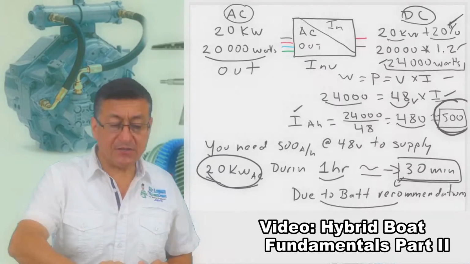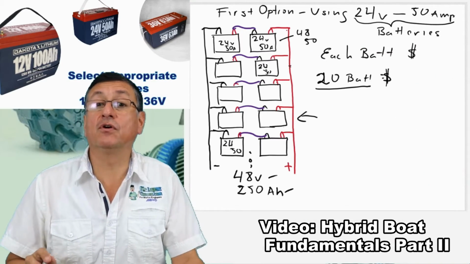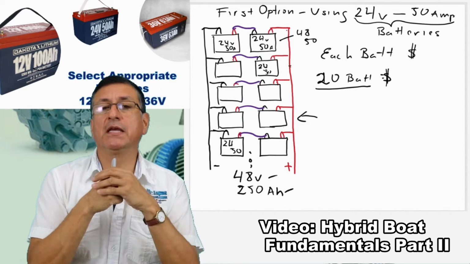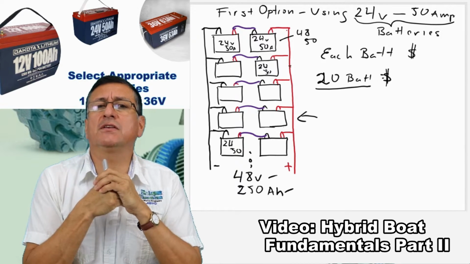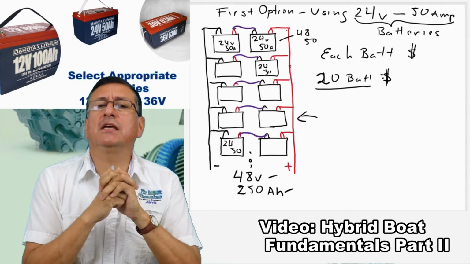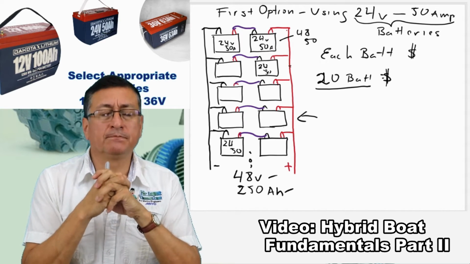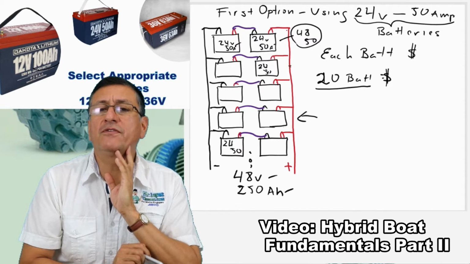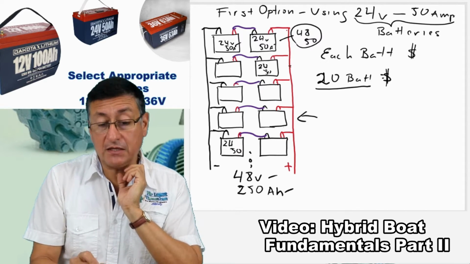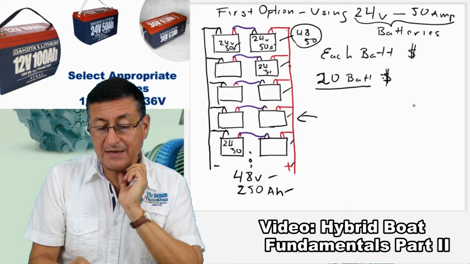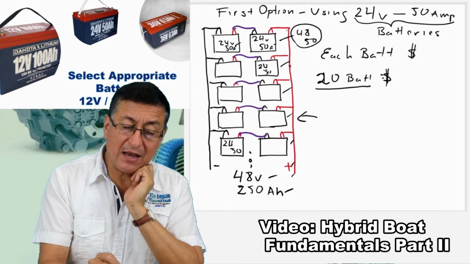I need 500. The first scenario is using batteries of 24 volts. Remember that we need 48 volts in total. Suppose that I am going to use the batteries of 24 volts. You remember in the previous slide, the capacity of those batteries is 24 volts and 50 amps each one. If I connect two batteries in series, I have 48 volts, 50 amps. How many batteries do I need? I need one group, two groups, 3, 4, 5, 6, 7, 8, 9, 10. We need 10 of those